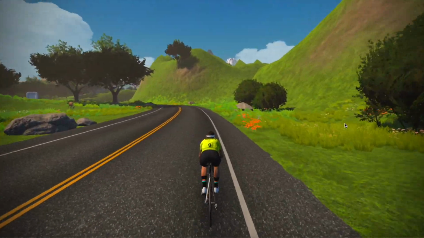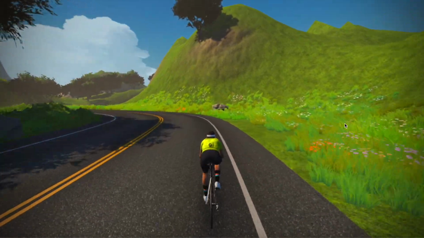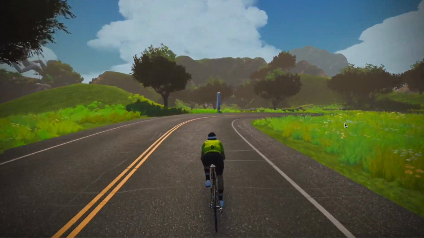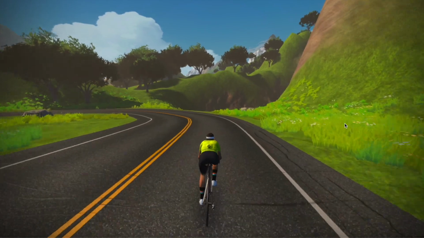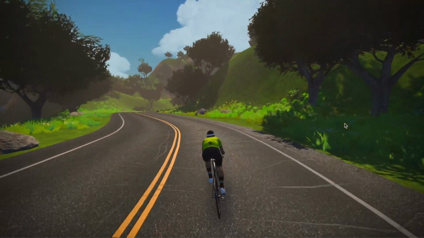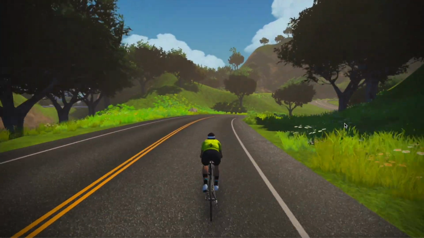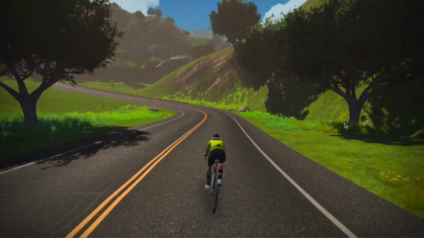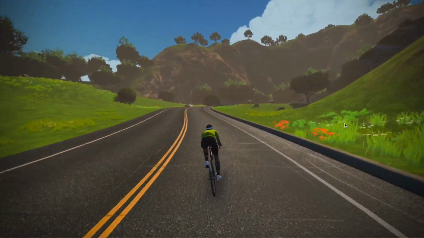On the sprint, you are going to want to start your sprint a little bit early and kind of use the other riders as a lead out, and once you get close to the bottom of the sprint, just start sprinting. Try to hit your max power, go all out, because that's going to be crucial in getting a really fast sprint time. For that segment, the best power-up is going to be the aero boost, especially with that descent, and you will actually have a power-up once you hit that segment,